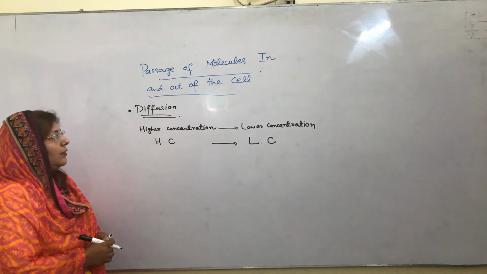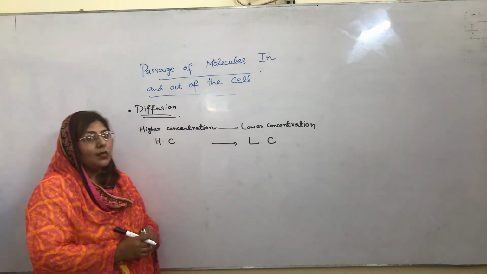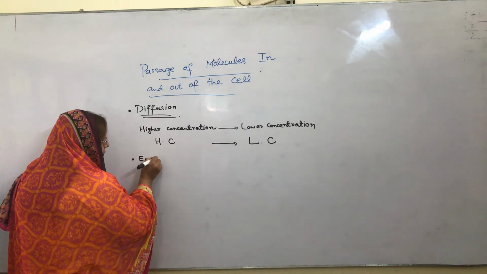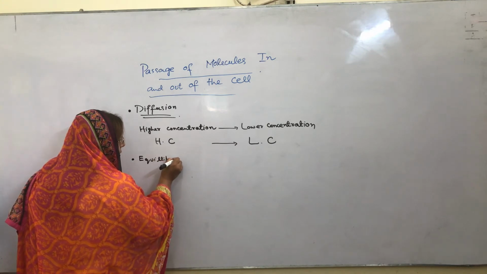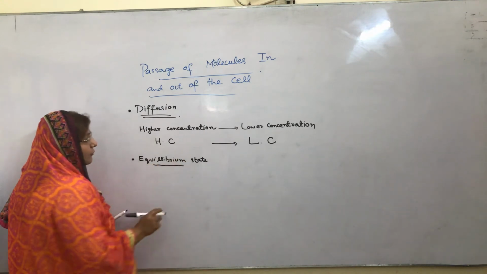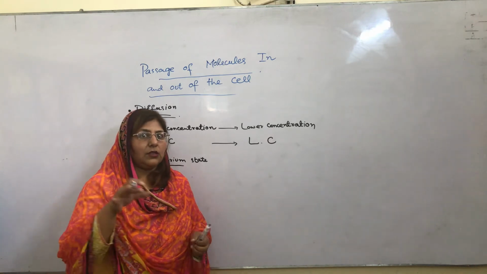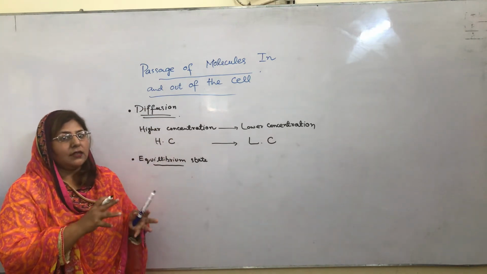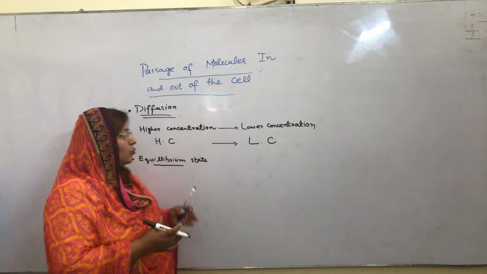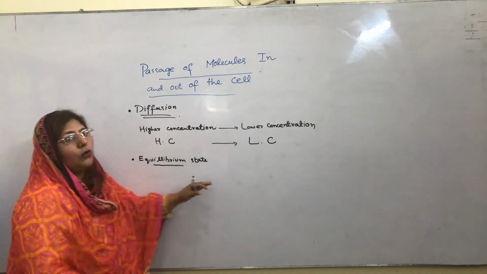So the question is, why is diffusion important? What is the role of diffusion? Diffusion is very important because it maintains the equilibrium state in our body. What is equilibrium? Equilibrium maintains the temperature of the body and the substances which are coming out of the body. It maintains their temperature and their balance. That's why a cell can get energy. So diffusion is a process in which molecules move from higher concentration to lower concentration.